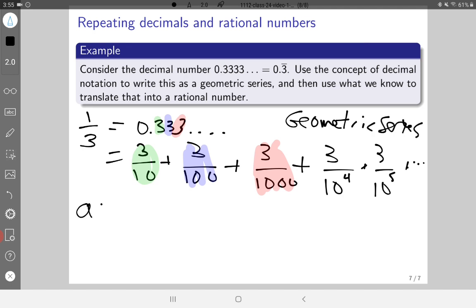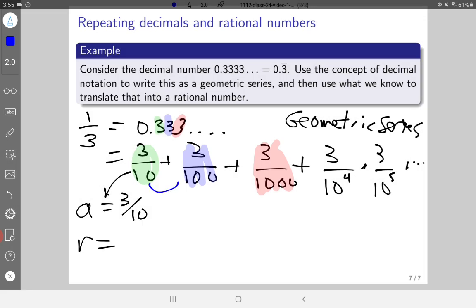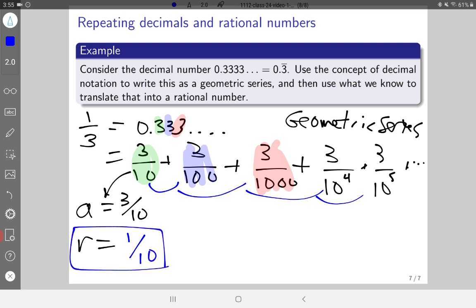The a value in this case is 3/10. That's the first term I see in my sum. And what's the r? Each time, to get from one term to the next, I'm multiplying by 10 in the denominator, but the top is always 3, so I'm multiplying by 1/10 every time. And because r is smaller than 1 in absolute value, that means this series converges